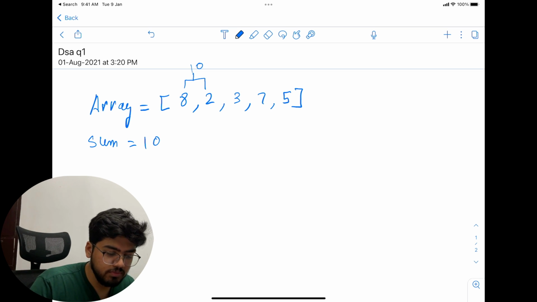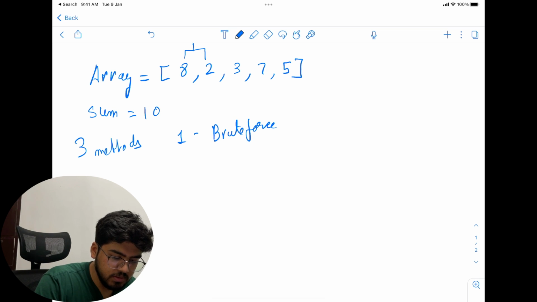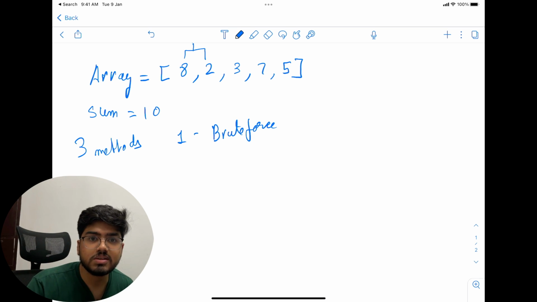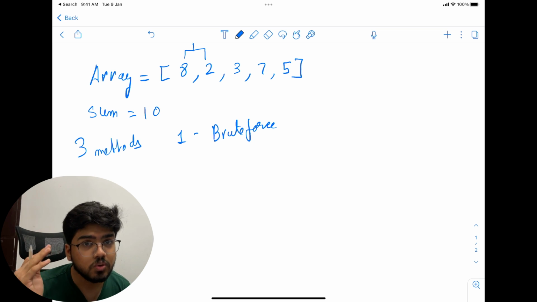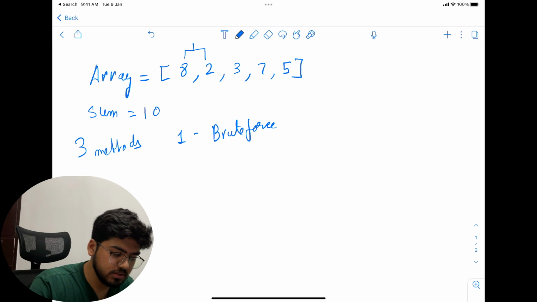Now how to solve it? There will be three methods which we will be discussing, and the first method will be the brute force one. Brute force means that the first method will be the one which comes into our mind directly. It won't be that optimized, but would be a solution.